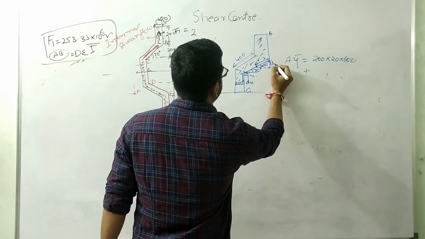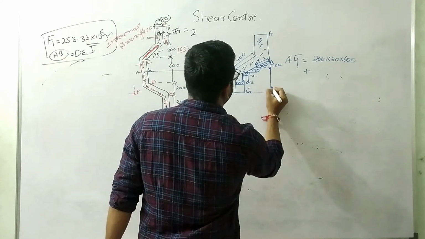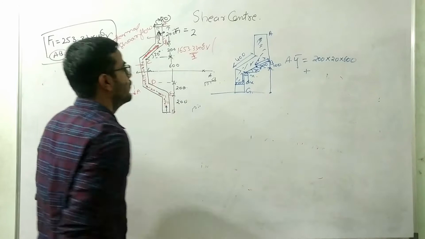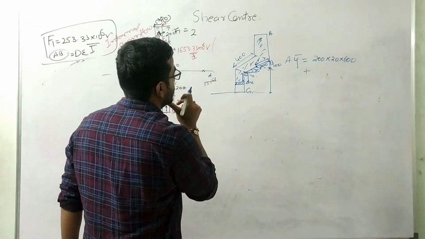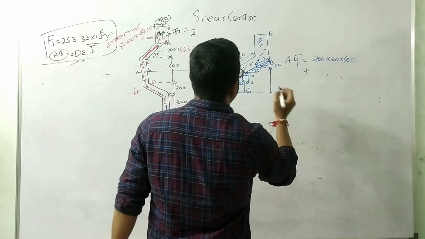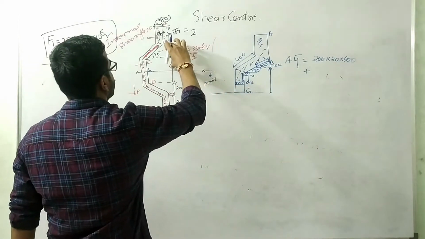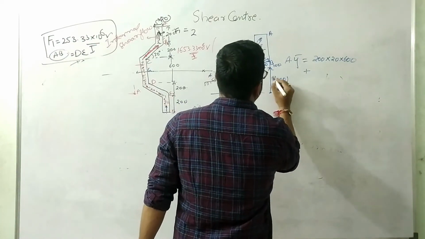So the sine 30 of which will be 100 only. Okay, so the location of the centroid will be here. So this distance I have to find for BC segment. For the BC segment, this complete distance is nothing but 500 minus 100. This from here it is 500. So 500 minus 100 will be 400.